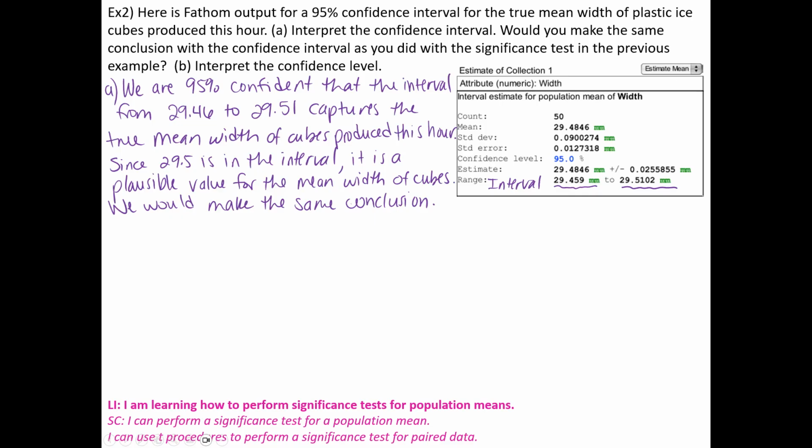Cool. All right, so that's part A. Then we have part B. Interpret the confidence level. We haven't done this since we did confidence intervals. So this is, again, one of those review things, just for the review. And a confidence level is if we took many samples. So here we go with that phrase again. If we took